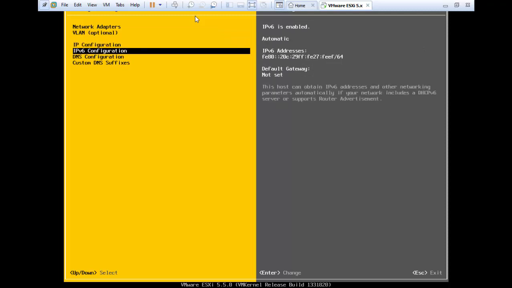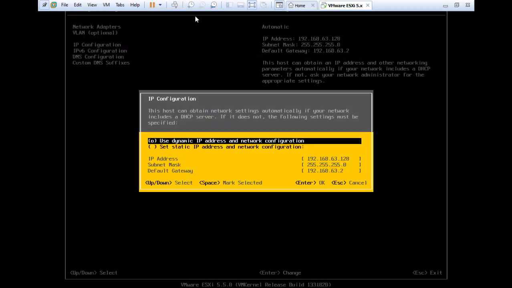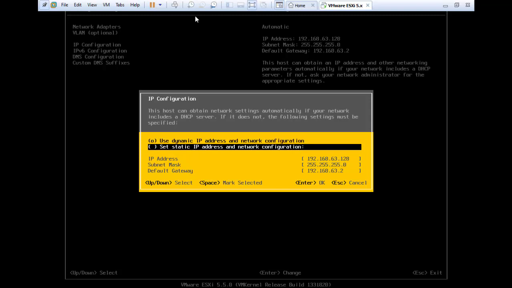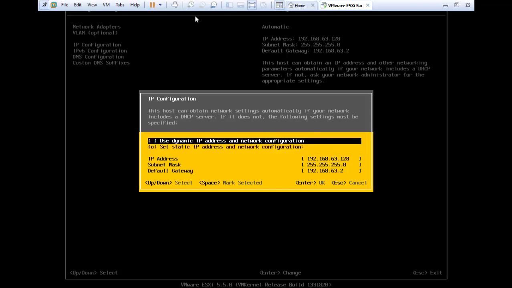Once you come into the IP configuration, you can see it is in dynamic mode right now. If you want to make it static, you can do so by moving the cursor down and pressing the space bar so that it gets selected. Right now we are not going to do that, so let us keep it in the dynamic mode. This is the place from where you can make changes to your IP address.